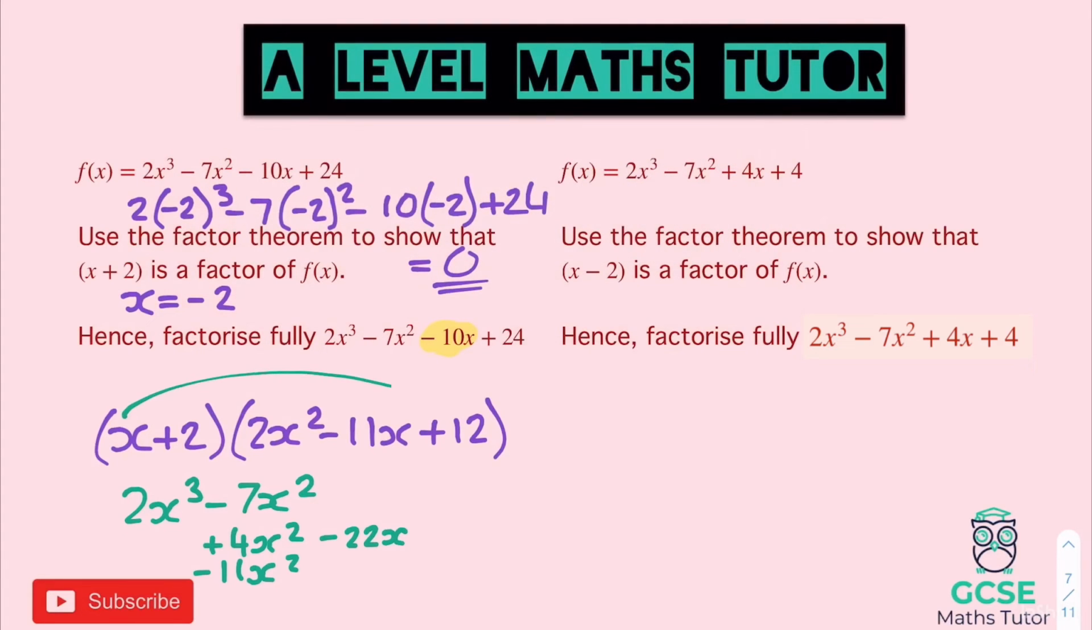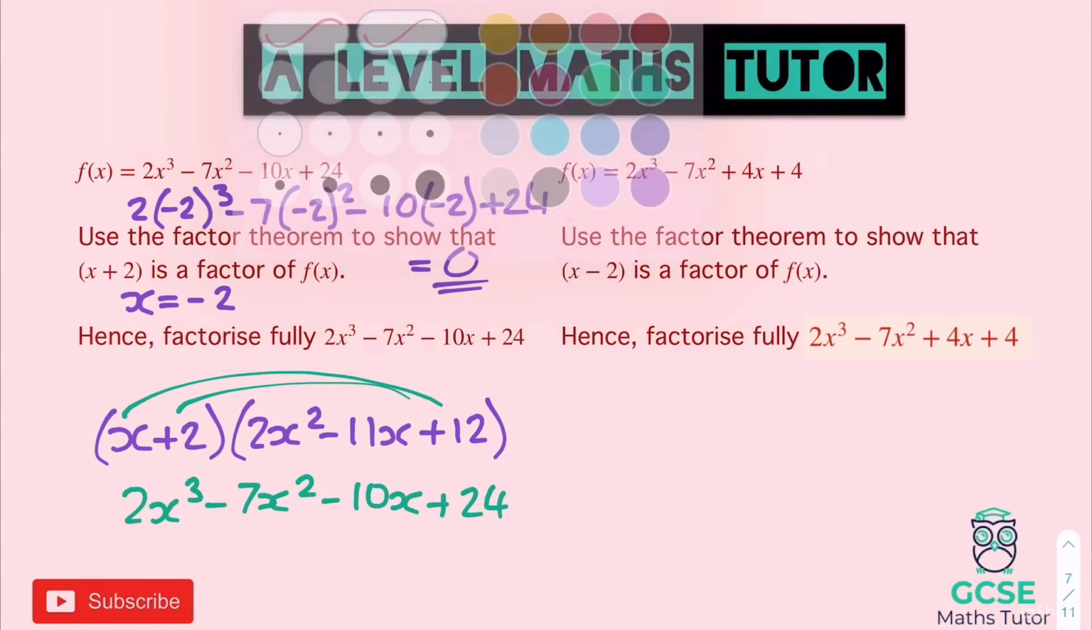So x times the 12 gives us plus 12x, and that all simplifies down to give us minus 10x, there we go, and then we've also got 2 times the 12 which gives us plus 24, and that's perfect, that matches our cubic up there. So if we get rid of all of this and write down our final answer, we've got our 3 brackets,